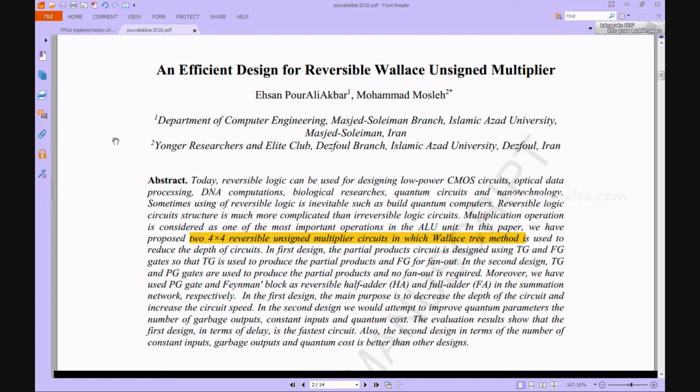Here we discuss a project, an efficient design for a reversible Wallace tree unsigned multiplier. In digital gadget applications based on arithmetic operations, a multiplier takes a major role in supporting several multiplication algorithms. By the way, it takes more logic size and power consumption. As per research over the last few decades, amongst various multiplication algorithms, Wallace tree multiplication provides effective results in terms of low logic size and higher speed of operation.